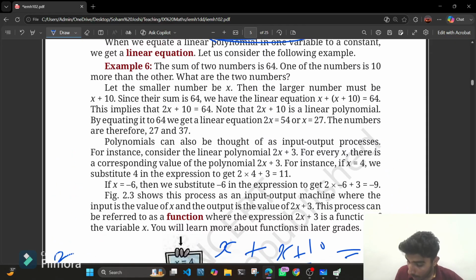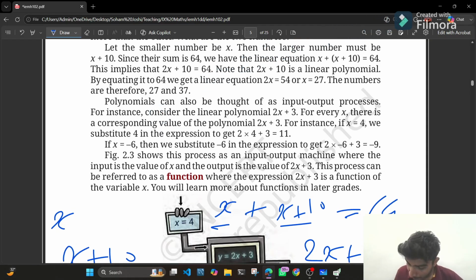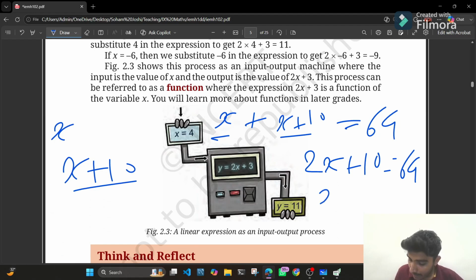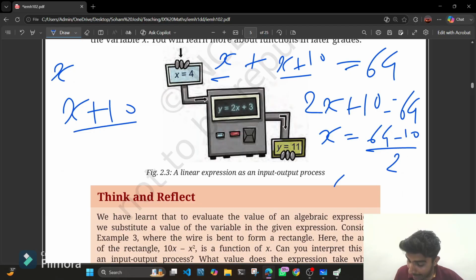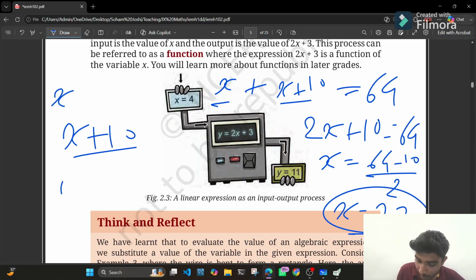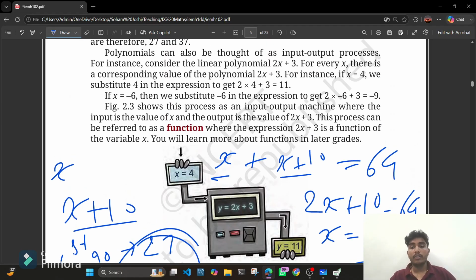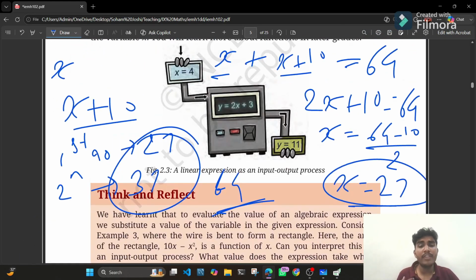ठीक है, तो ये मैं सिंप्लीफाई करके लिख सकता हूँ, 2x + 10 is equal to 64। अभी चाहिए तो we can find out the value of x also. यहाँ पे भी देखो तो you can see that 2x + 10 = 64 is given. So अगर मुझे find करनी ही है value, तो x क्या हो जाएगा, (64 - 10)/2। तो that equals 54/2, that is 27। So x मेरा 27 है, तो मेरा first number 27 था, and second number मेरा 37 था। Addition कर लो, 64 answer आता है।